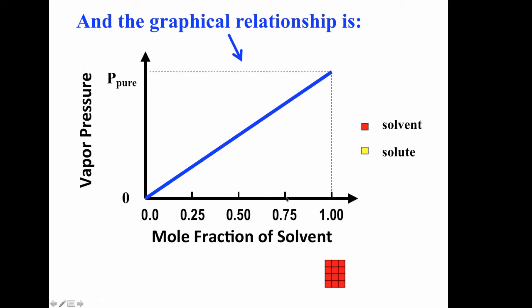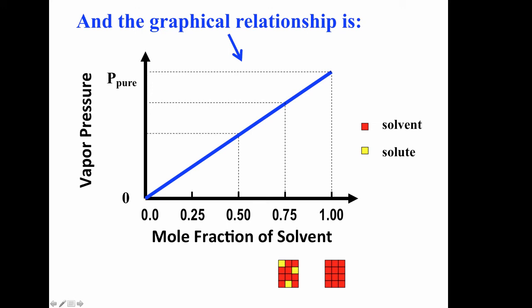But if we have a mole fraction of 0.75, that corresponds to having 75% of the solution on the basis of moles being solvent. So here 75% is red, 25% is yellow. And what that means is the vapor pressure of the solution is 75% as much as the vapor pressure of the pure